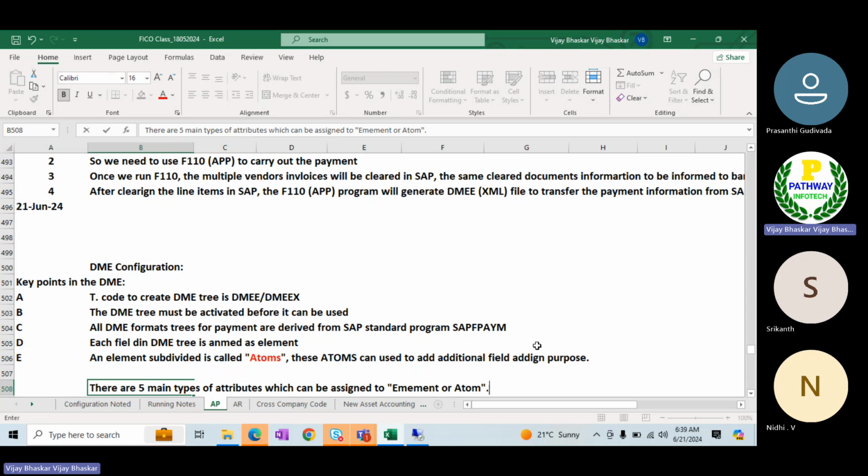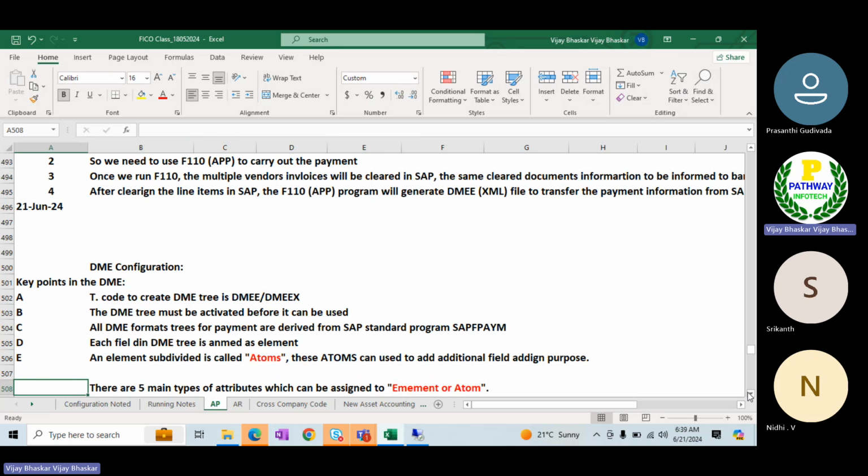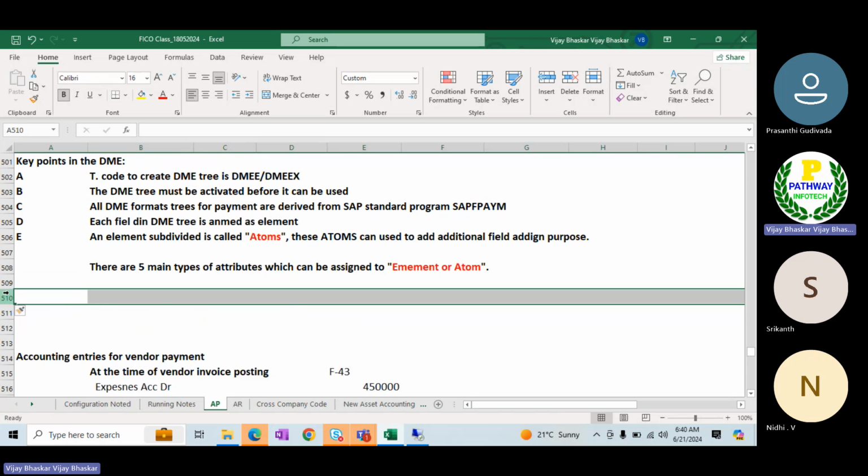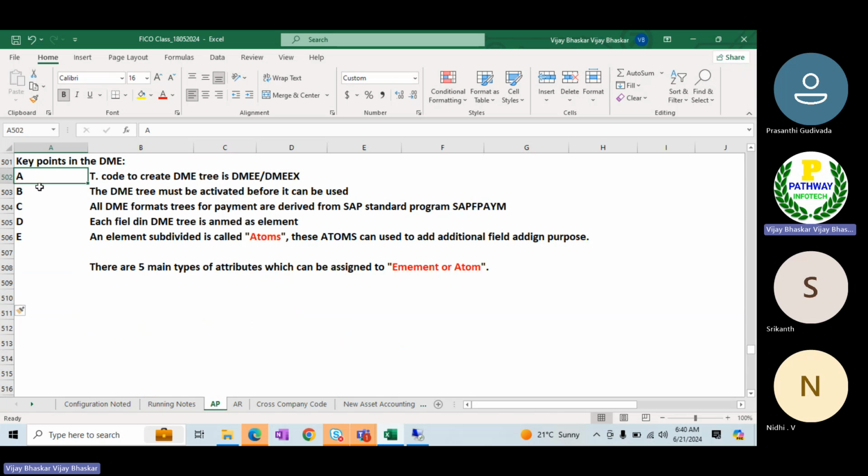Then let's see this one. Okay, so now there are 5 main types of attributes which can be assigned in the DME tree. Either it could be atom, you can assign at atom level, or element, but first you need to understand. I will show you what it means by atom and what it means by element. We will see that while creating the DME structure. Then